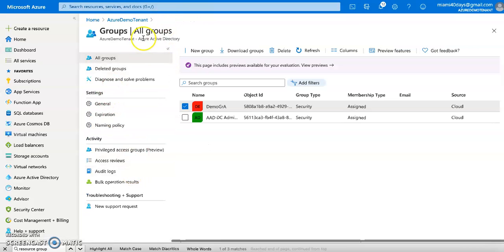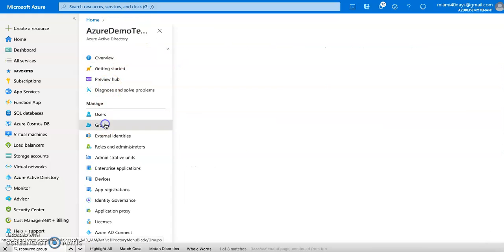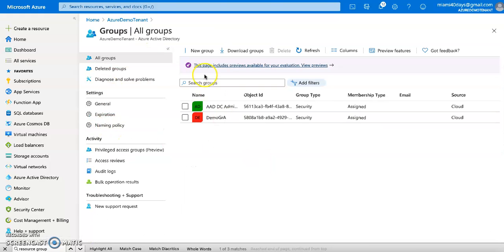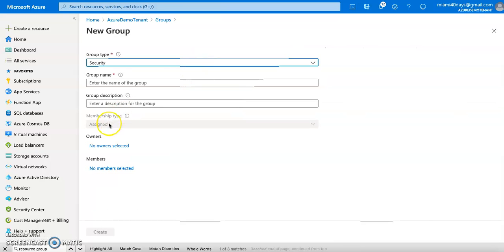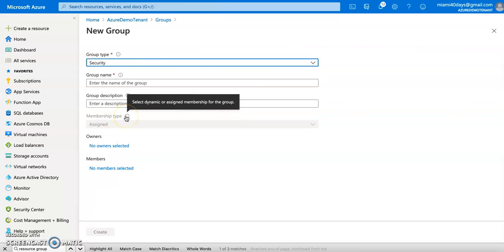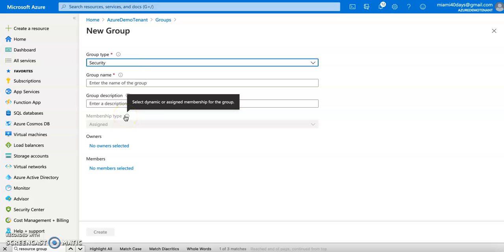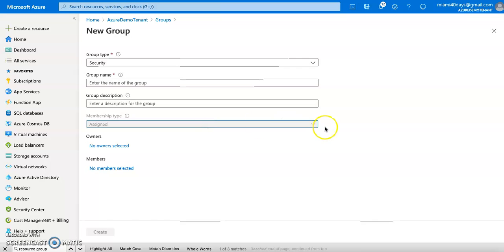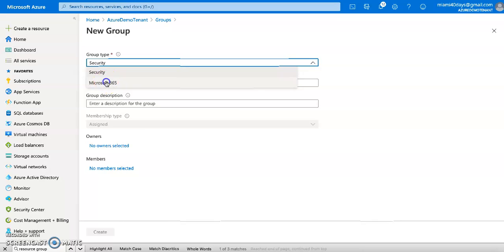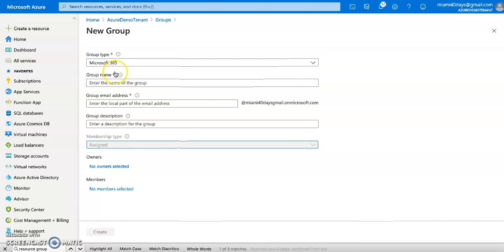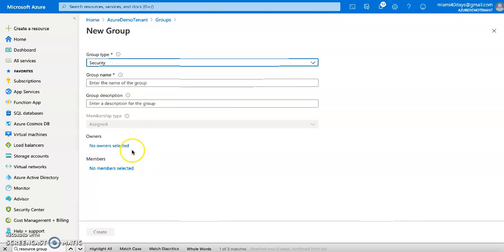Now let me see, there are different types of groups. Let me look at a new group again. The membership type has two more options, and one of them is dynamic. Somehow it's not showing me here. I think this is with the license one. But anyway, we got the idea of how exactly we can create a group,